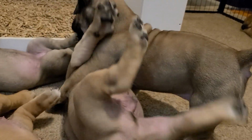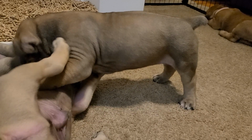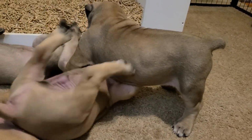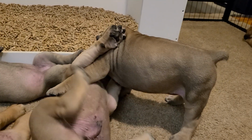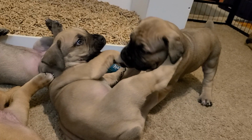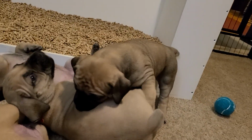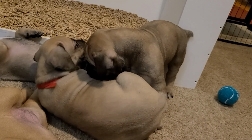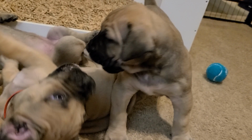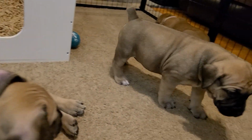There she goes. See, who's she attacking? Is that Red? Yep, that's Red. This is pretty commonplace for them, just to get on top of each other. They all do this. And some of them are under there just growling like crazy, and when they get up, it's a short battle. Red's being pretty quiet about it at the moment, but